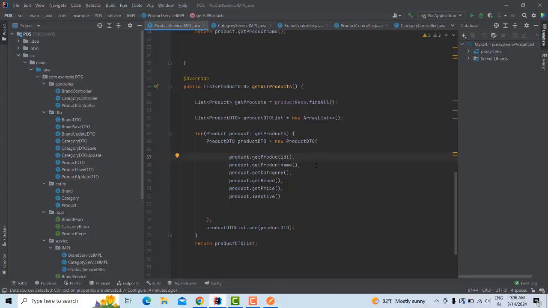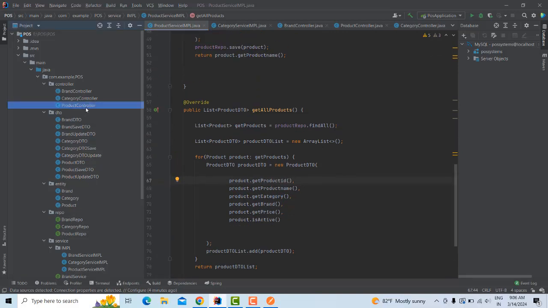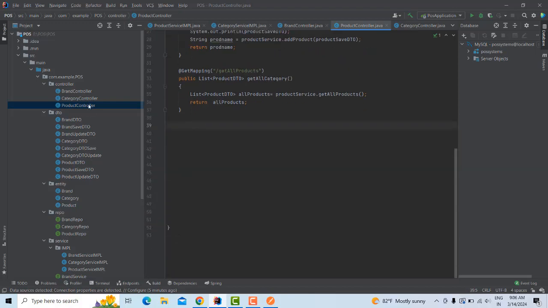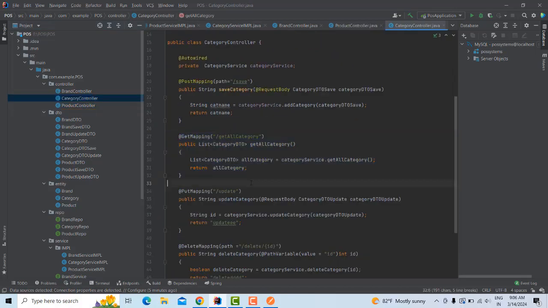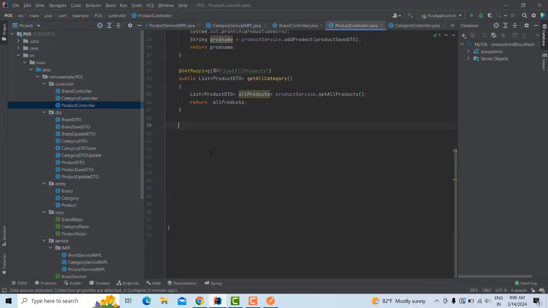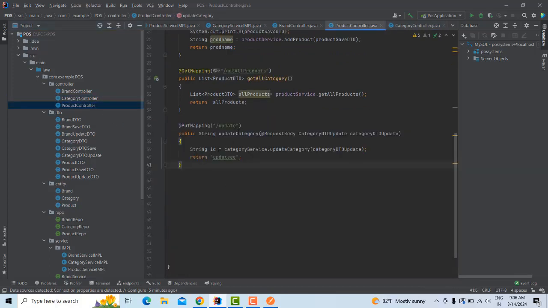What you're going to do here is go to the product controller. Here I'm going to implement the update method. So go to the category controller, copy the update method with the put mapping, and paste it over here. Update this one, you have to change this as a